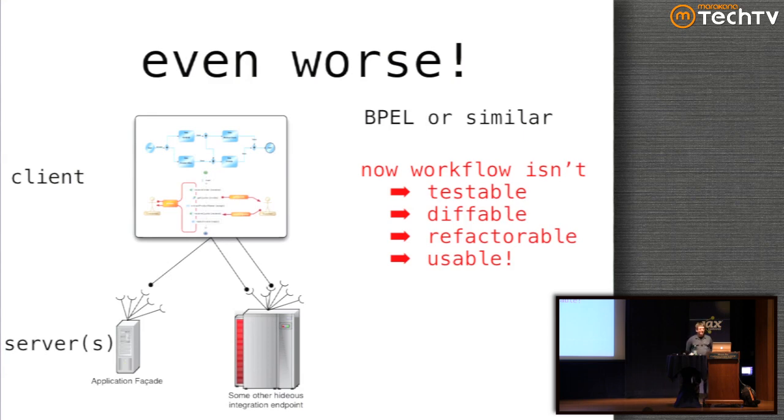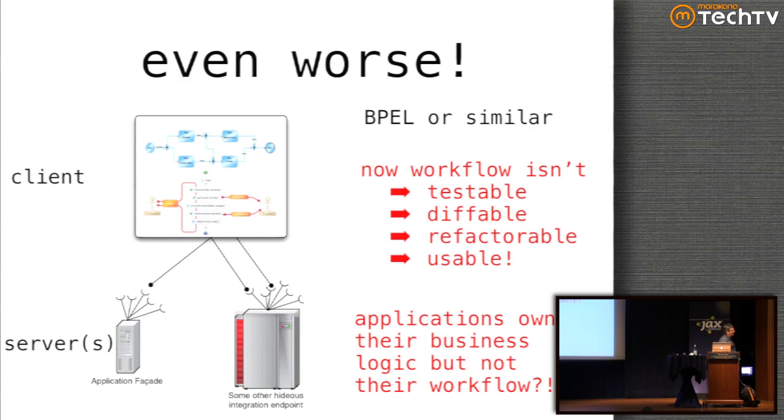And so what happens if you have one of these diagrams somewhere and there's another piece of behavior that's almost the same but a little bit different over here? There is no extract method and use commonality, so you're left with copy and paste coding. You copy this workflow and then paste it over here and make a small change to it, but now you get this proliferation of different, almost one-off versions of these work processes. So I don't think this is even usable, and it still doesn't attack this fundamental problem that applications own their business logic but not their workflow.